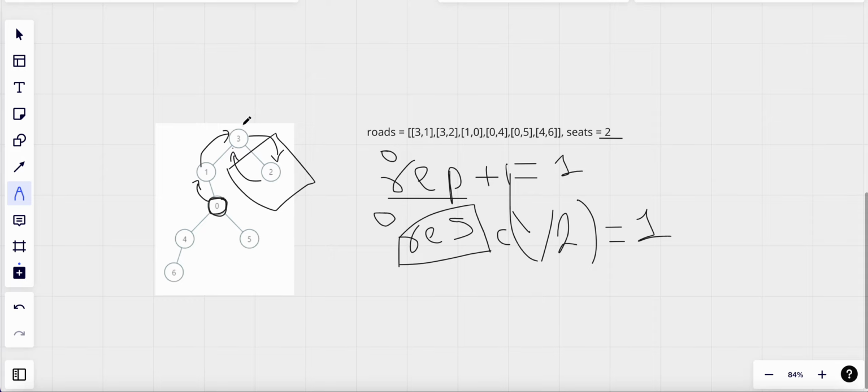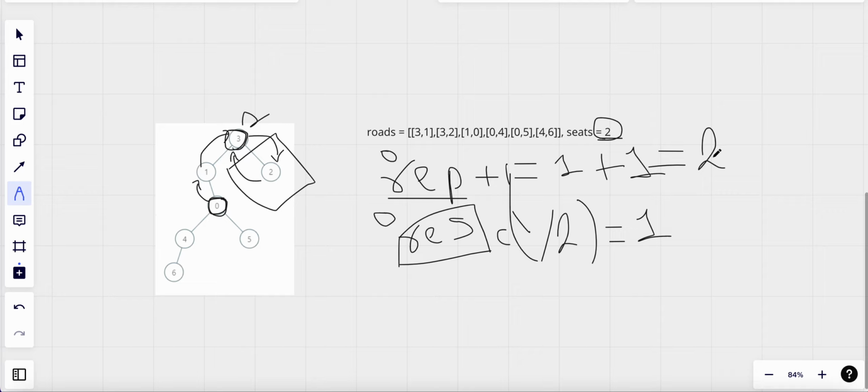So we pass the value 1 here, and now the number of representatives of this node is equal to 1 as well, right? So we add that number to our result that we passed from here, so that would be plus 1 again. So every time we are adding plus 1 to our representatives, and this value becomes equal to 2. Now our new value for representatives is equal to 2, and the number of liters would be 2